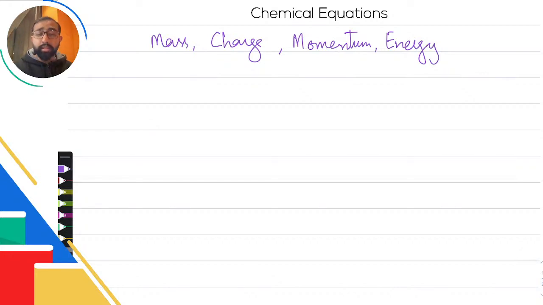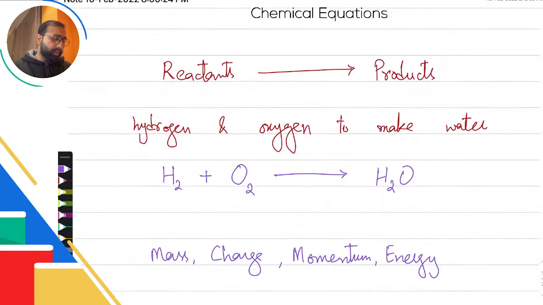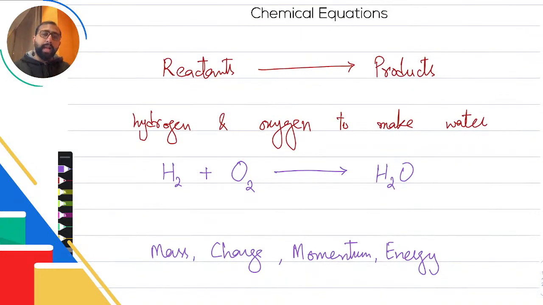Which means that whatever you start with in the beginning of any process is what you're going to end up with. So energy does not increase or decrease in amount in any chemical process. But its form may change from one form to another. It may go from heat to sound, or from being stored in bonds to being released into the atmosphere. All of those things can happen, but energy is never created or destroyed. And the same is the case with momentum, charge, or mass, which means that whatever mass I have on the left side is exactly the mass I should have on the right side.